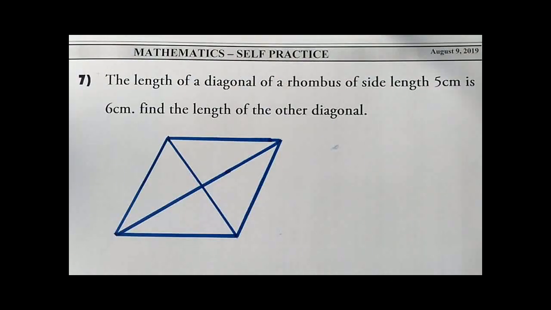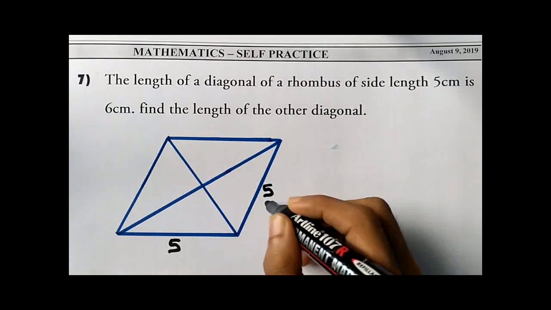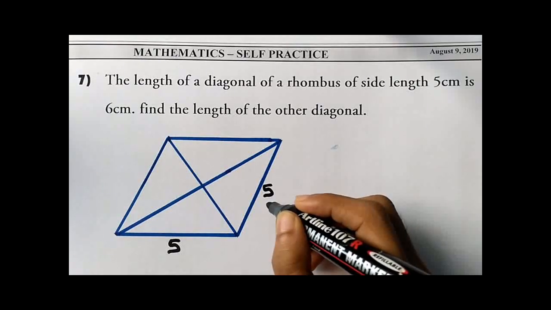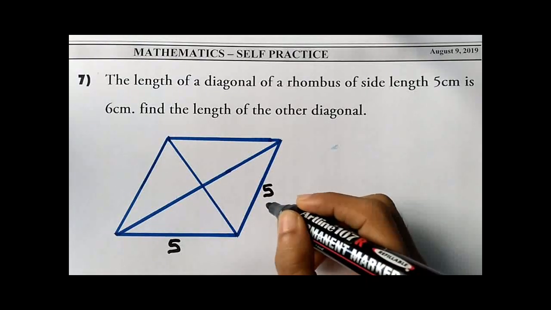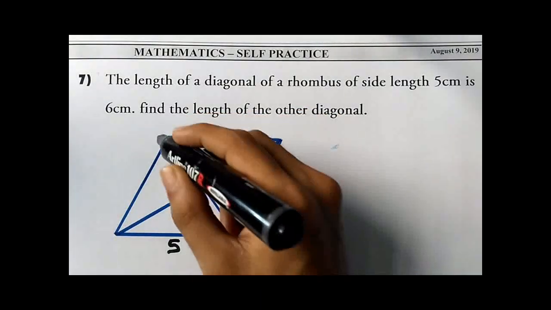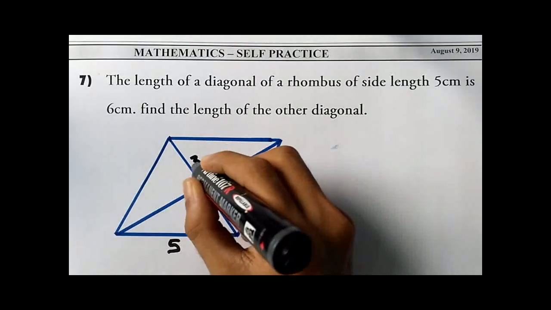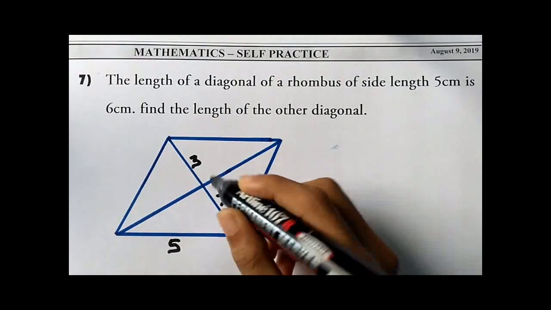Okay, so this question: the length of a diagonal of a rhombus. So in a rhombus the special property is all the sides are equal, and they have given the length of one side is 5 centimeters. So here 5 and this one also 5. And read further, one diagonal is 6 centimeters. We'll take this length as 6, and the diagonal bisects each other,